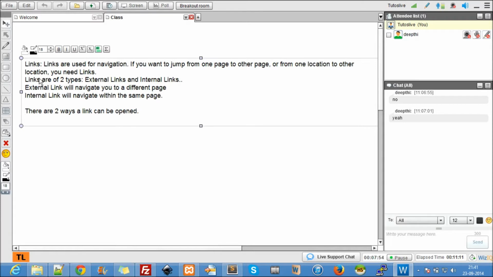And sometimes when you click on a link, it opens in a different tab. So these are the two ways a link can be opened. I call it same tab or window, or a different tab or window. So this is a brief theory regarding the links.